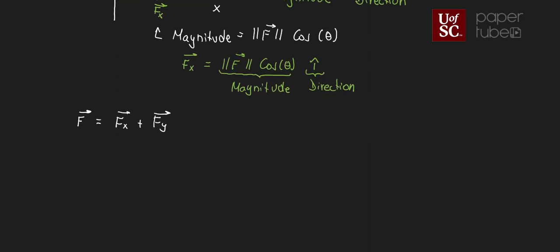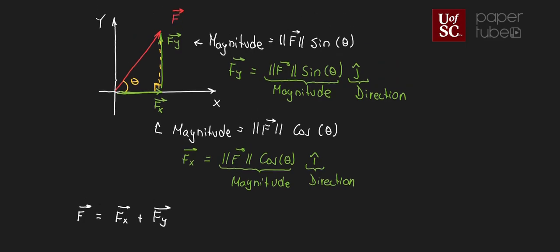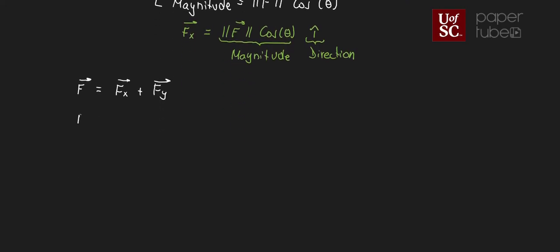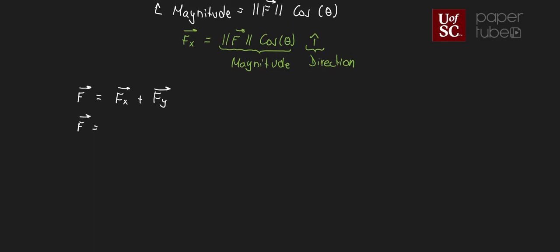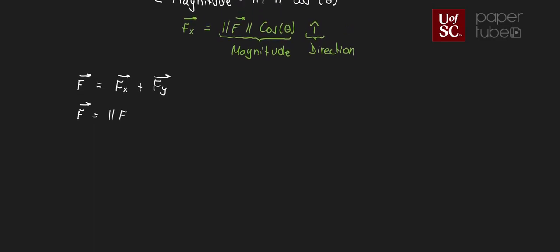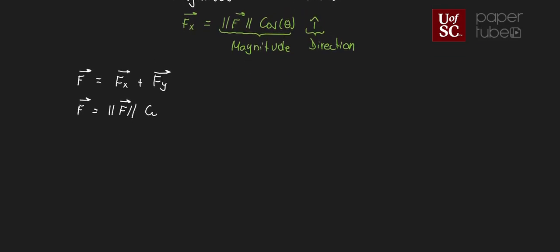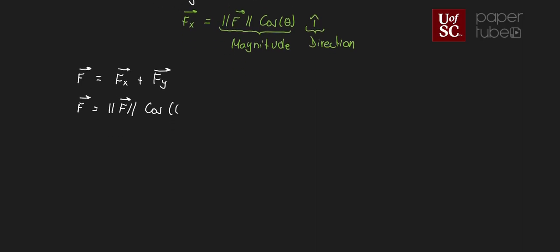We can look at that based on that diagram and what we studied before in terms of the heads and tails method or the parallelogram law. That's basically what we're saying: F is equal to Fx plus Fy. And we can also write this as the magnitude of F times the cosine of theta i plus